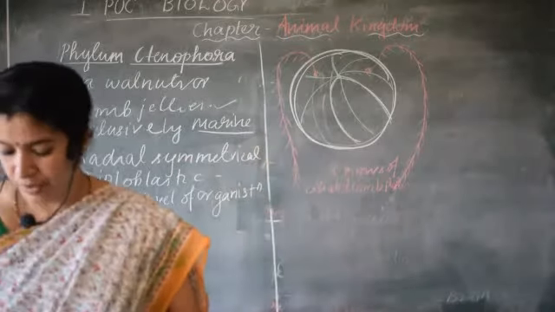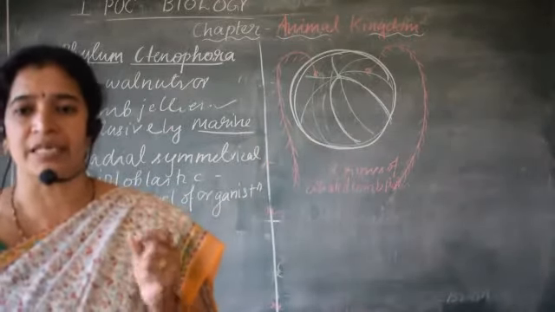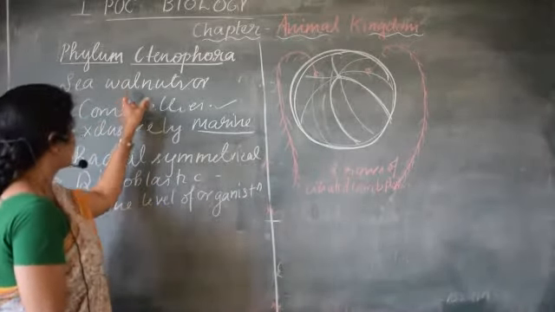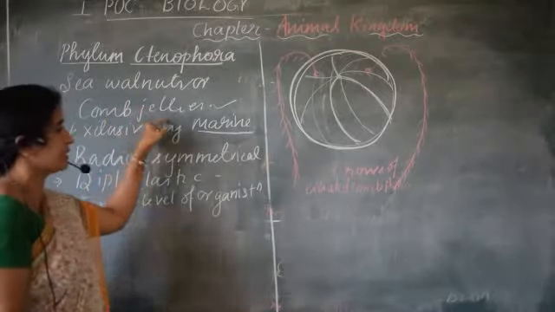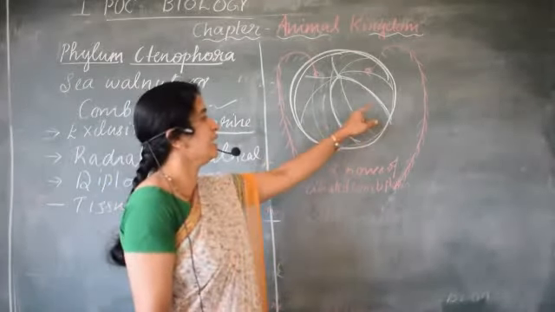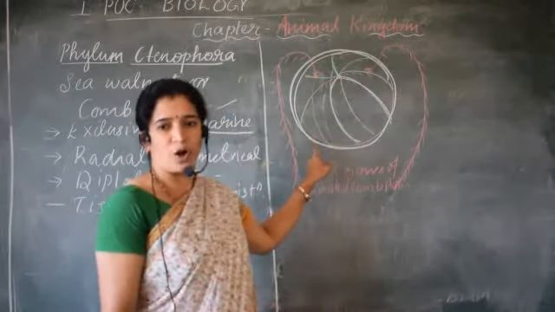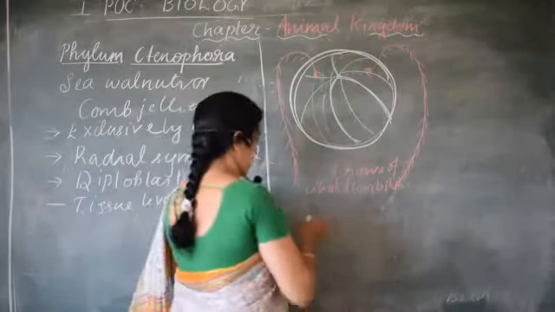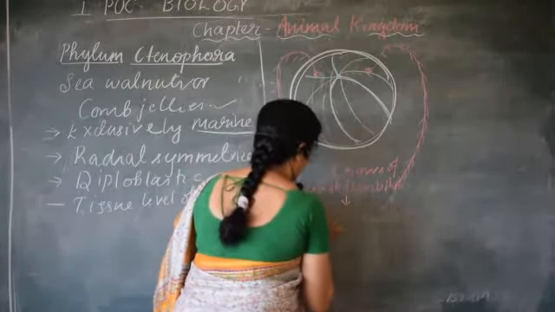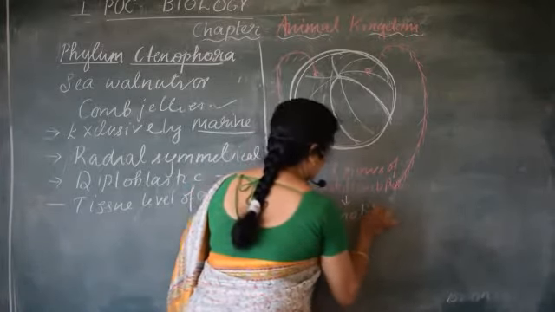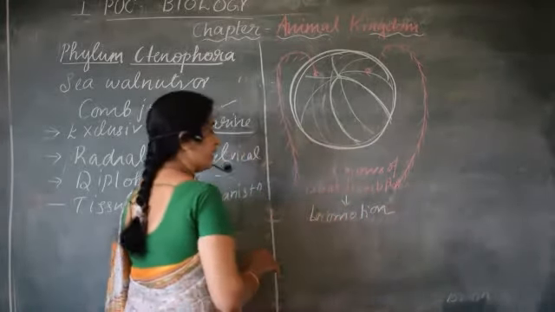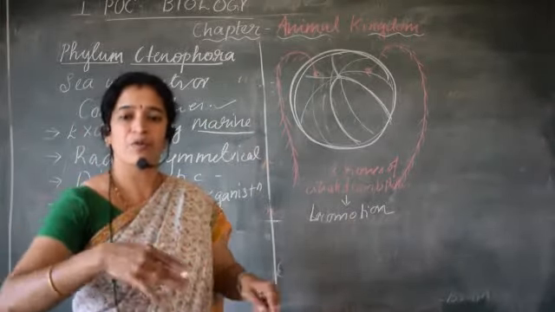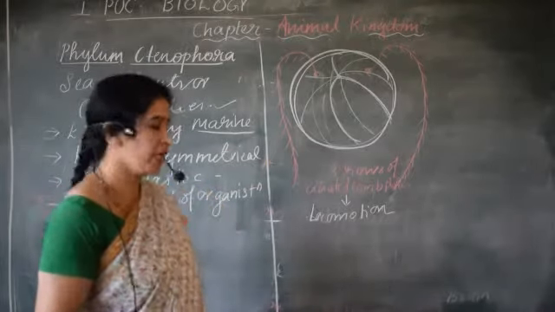This is important here in the Ctenophora. The name Ctenophora, sea walnuts or comb jellies: the reason is that the body bears 8 rows of ciliated comb plates. Their function is to help for locomotion. It is not just for the look, it helps for their locomotion. What's the meaning of locomotion? Movement, but movement and locomotion are different. Just shaking is also movement. Moving from one place to another is locomotion.